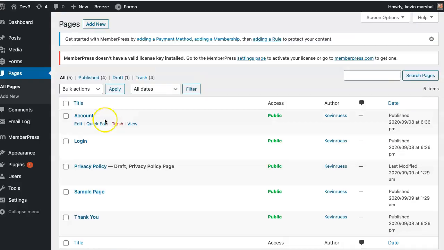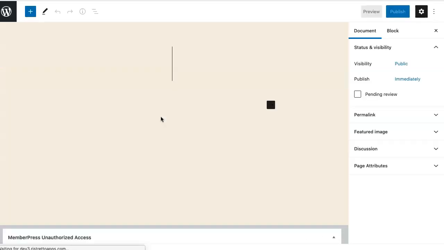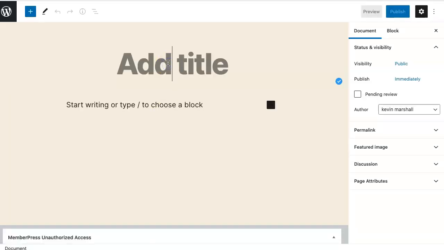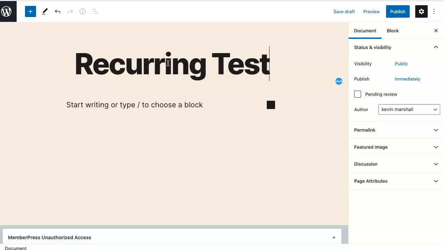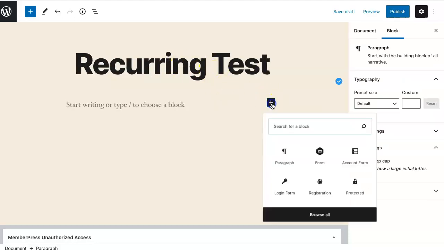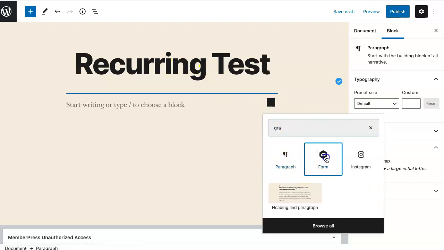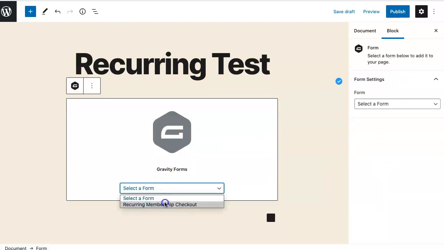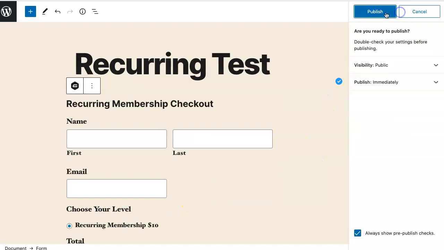If we go to pages, we need to create a page for this test. So let's create a new page. We'll call it recurring test. This is a Gutenberg editor, so I'm going to enter gravity here, choose my form, publish,